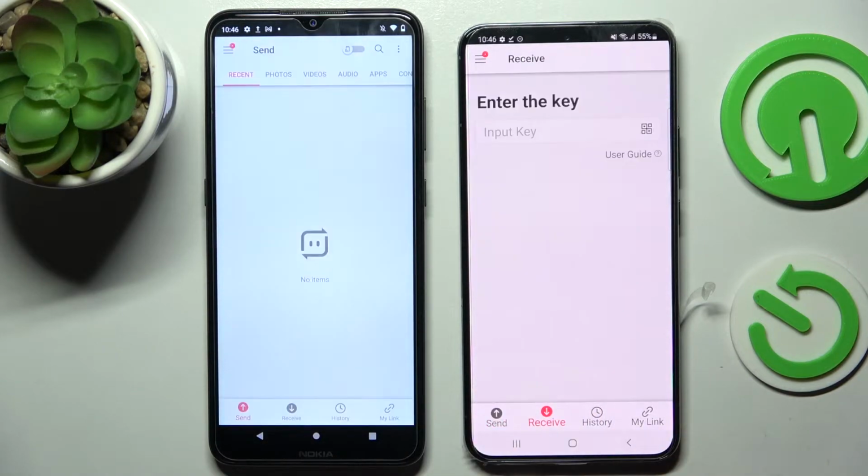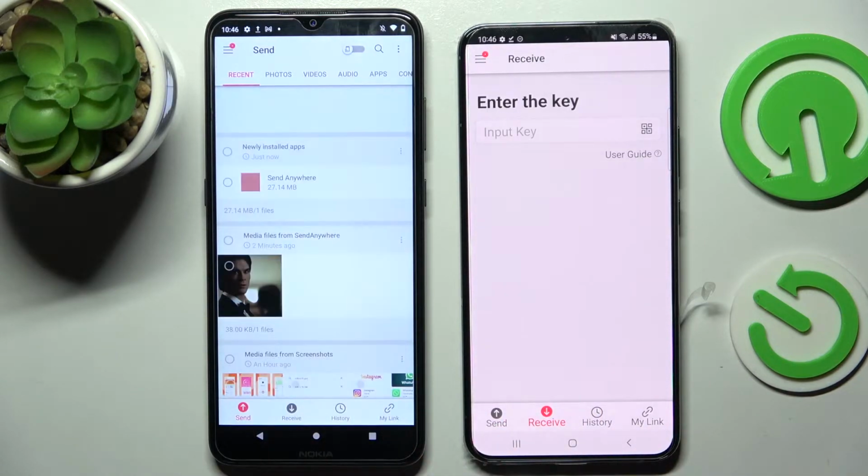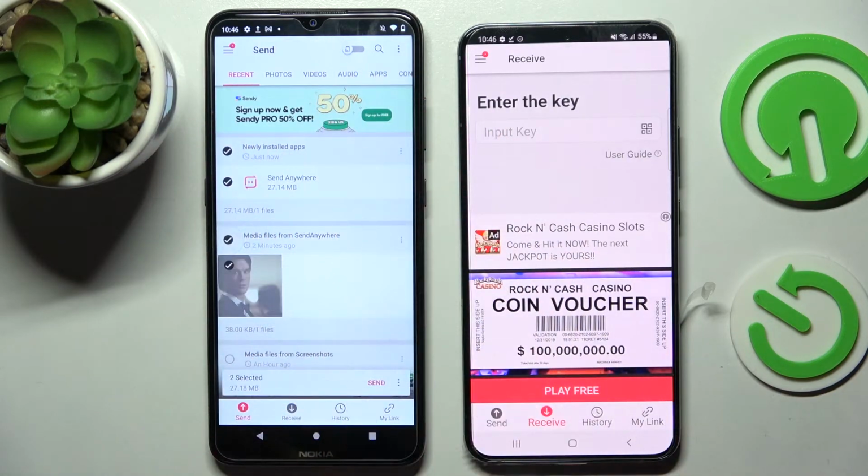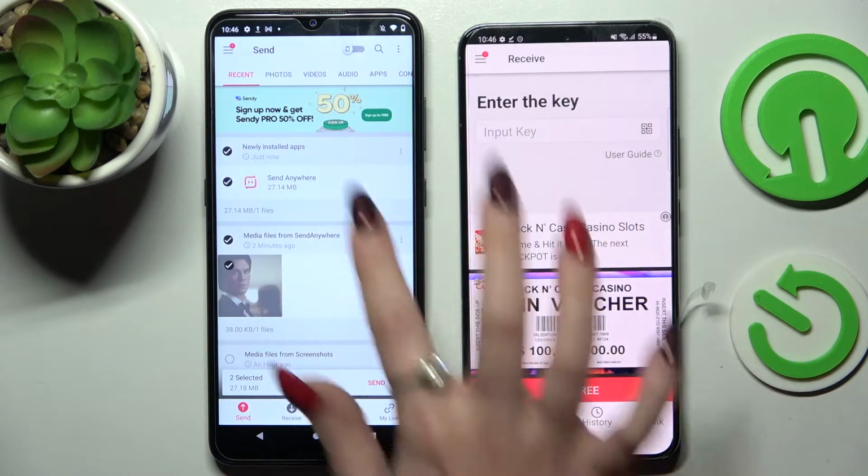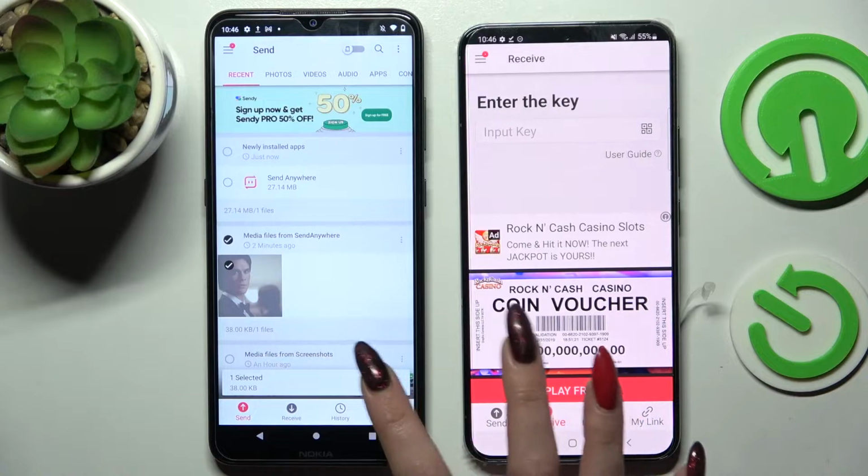Now select receive on Samsung and send on an Android. Then tap on all of those dots and choose send. This way you will select all of those files and transfer them later on. It will take some time though, so I will go with only one photo, for example, just send and